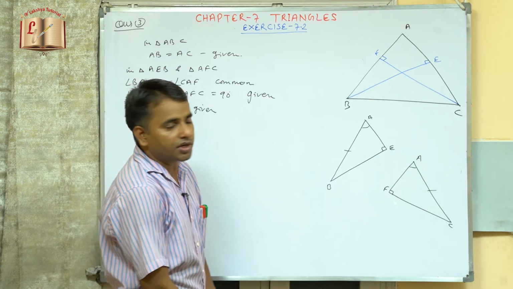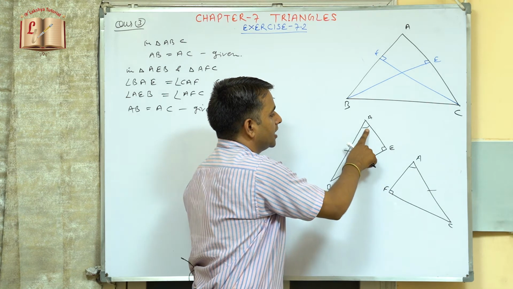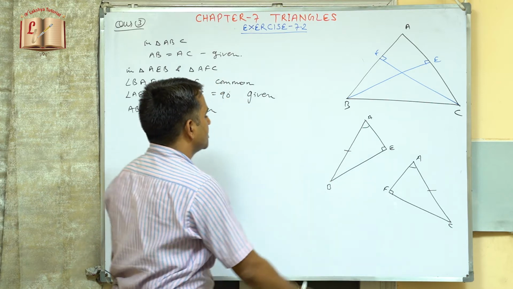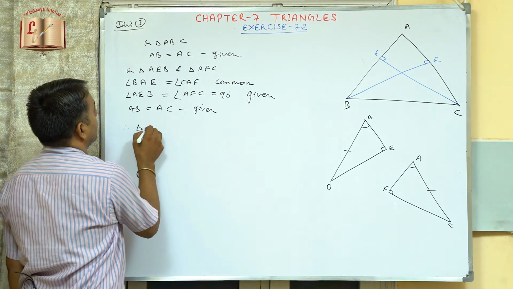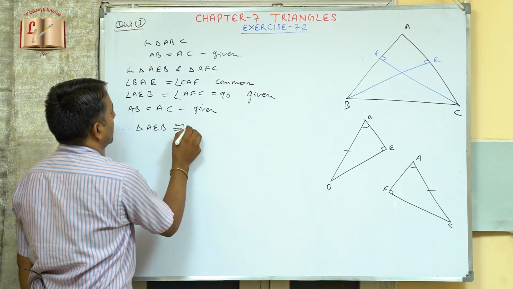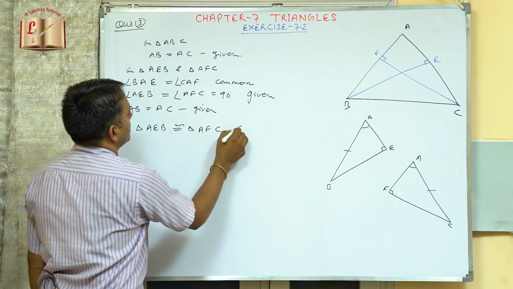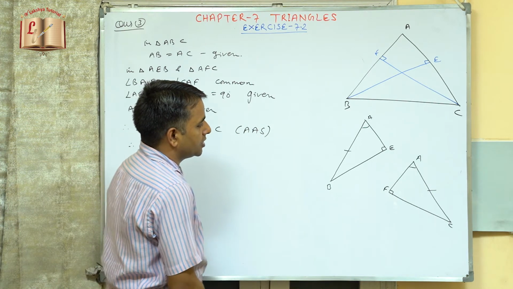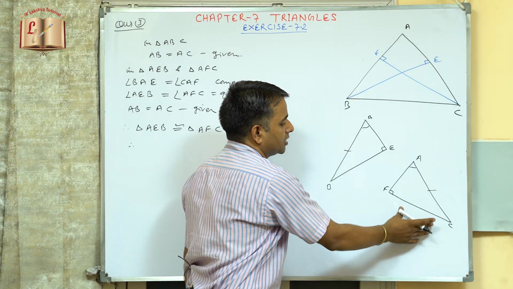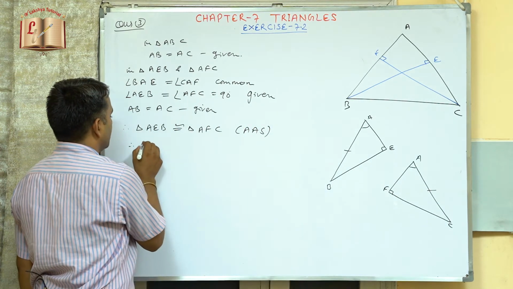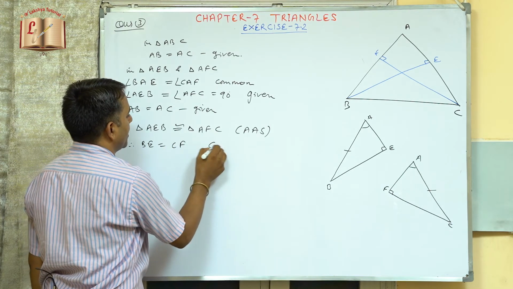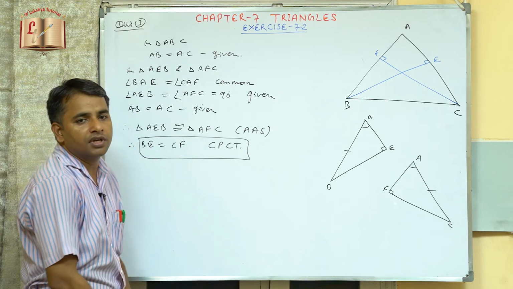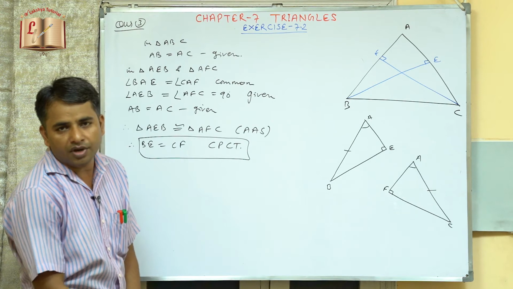Now see that in these two triangles, angle side. So these two triangles are congruent by angle side. I can write therefore triangle AEB is congruent to triangle AFC by angle side congruency. Therefore these two sides BE will be equal to CF. Therefore BE is equal to CF by CPCT. So we have proved that these altitudes are of equal length in these two triangles by CPCT.